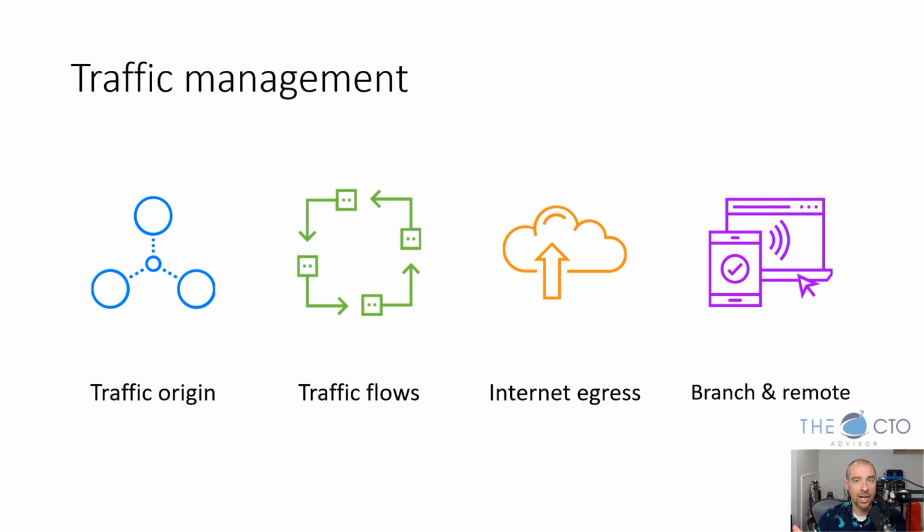You also need to consider how your branch and remote devices are going to connect to the public cloud. And I kind of covered that a little bit already, but it just bears repeating. Your branch offices might be connecting to the public cloud through one of your existing data centers, but that might not be the most effective or efficient route for them to go. So you have to consider, does it make more sense for me to create some sort of internet breakout point at that branch location, or even public cloud breakout point, let's say,